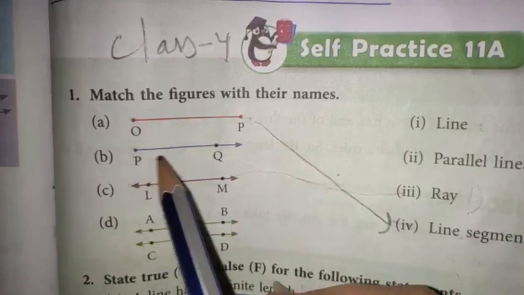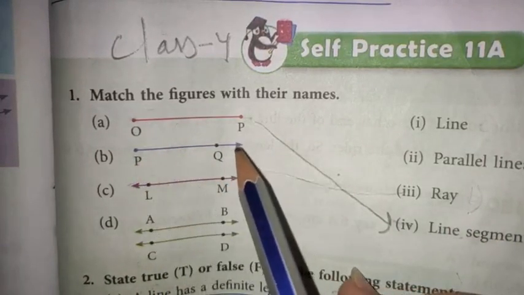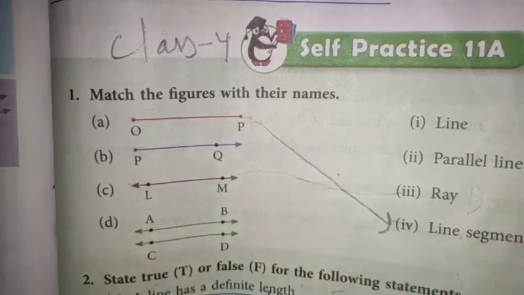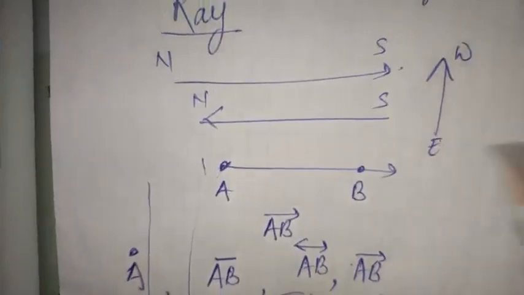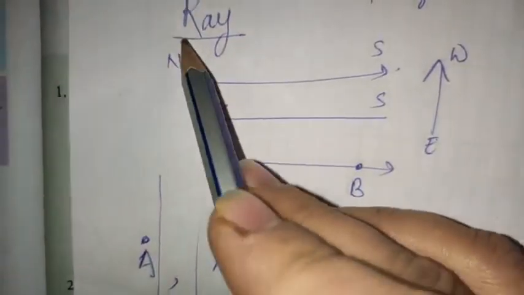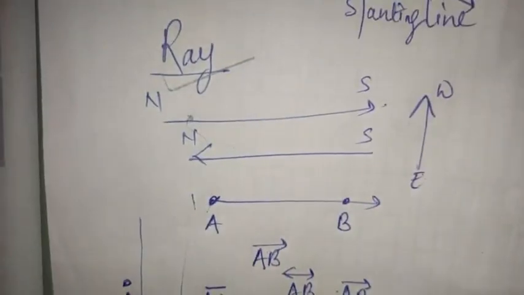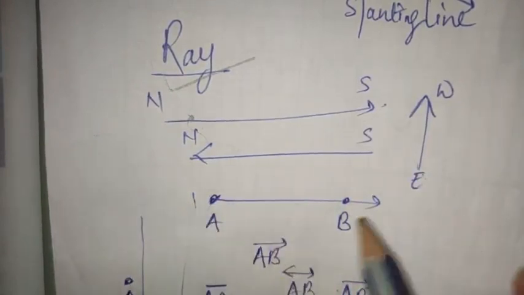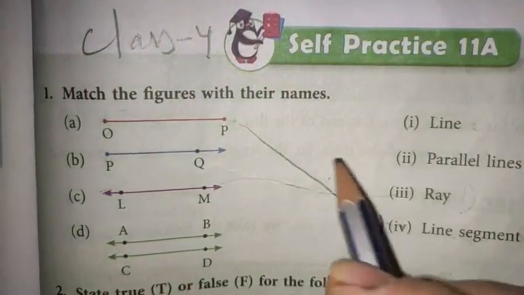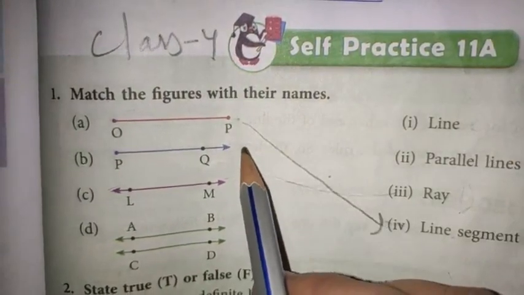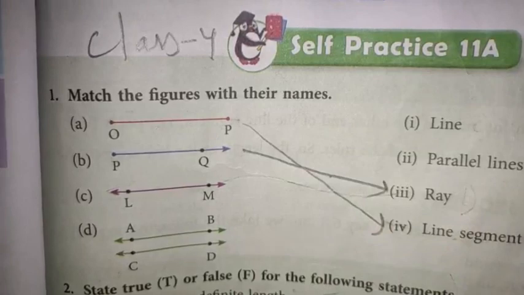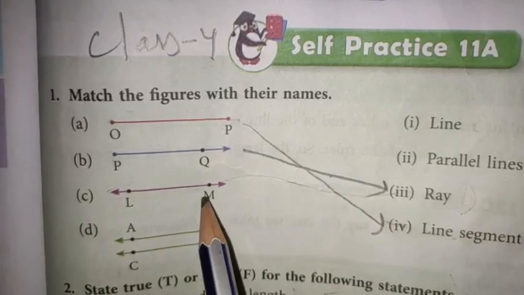Now you can see one arrow mark is given there, and PQ is there. If you have such a case, then this is getting matched with ray. Yes, in one direction, and in the other direction it is, and AB here. So the appropriate answer is ray. Absolutely, isn't it? Proceeding to the next one, we have